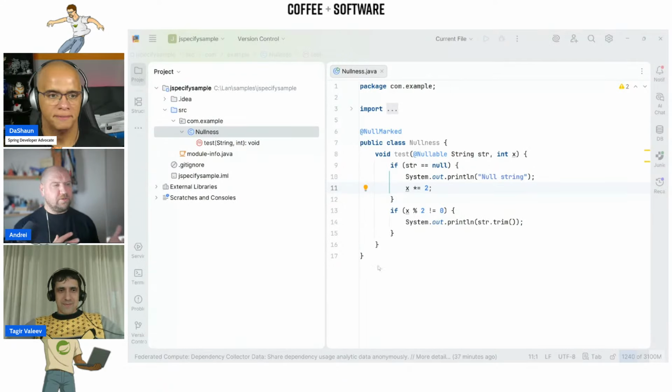Yeah, we're not trying to say that some tools are better and some tools are not so good. We're not going to say it out loud. For example, NullAway can analyze source code much faster, and this is the point.